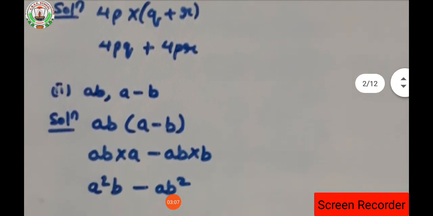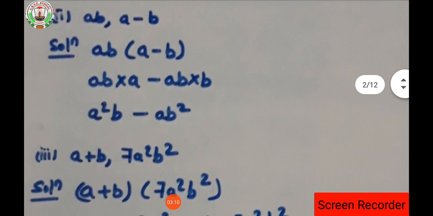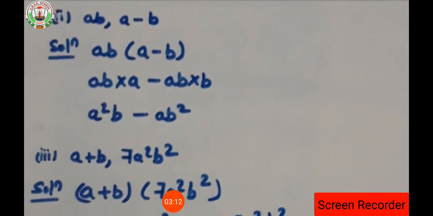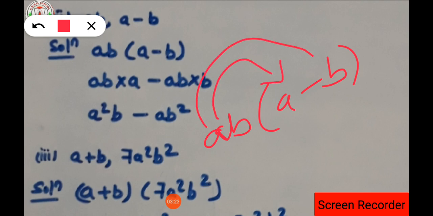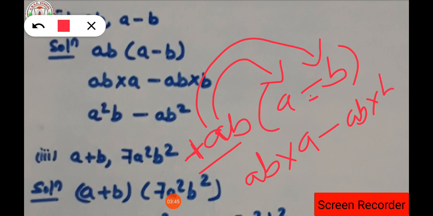Clear? Then the second, the b part. What does it say in the b part? ab will be multiplied with a minus b. You have to do the multiplication over there. So ab will be multiplied with a as well as ab will be multiplied with b. So ab into a. Then which sign is there? Here it is a plus sign, isn't it? Nothing is written in front of ab. That means it is a positive number. So the plus sign is there, and here is a negative number. So plus and minus will be minus itself. So ab will be multiplied with b, isn't it?